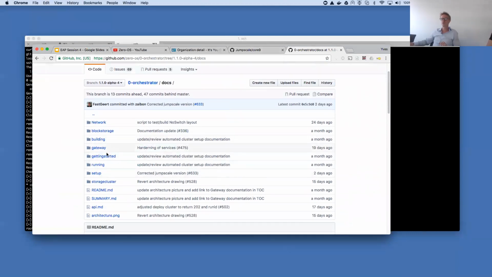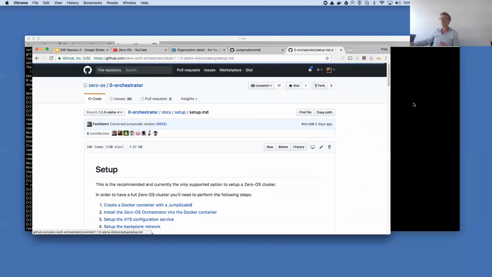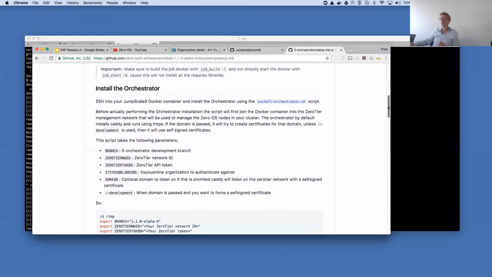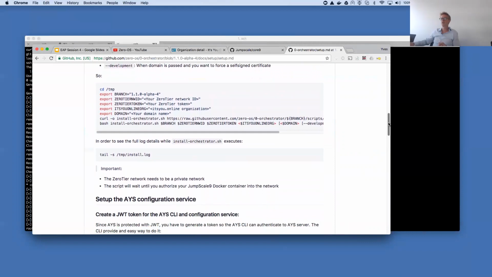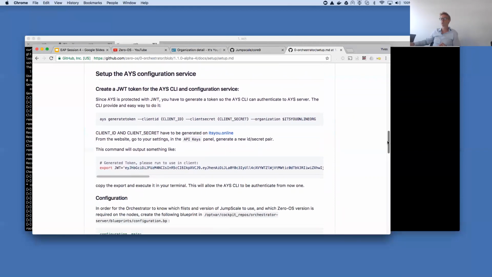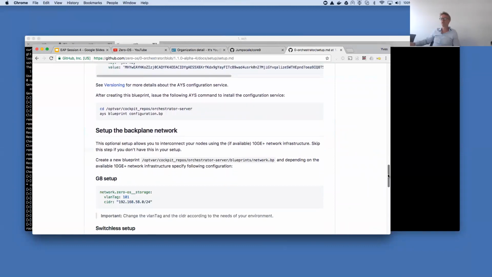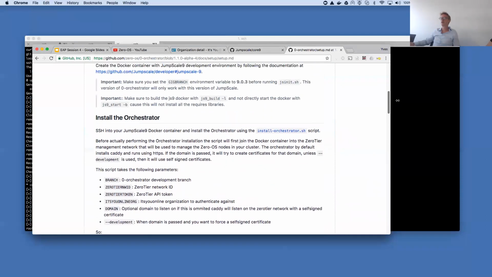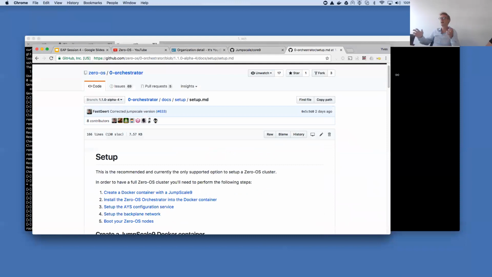So make sure that you go to the Alpha 4 branch, also for documentation, go to Setup, and there you have the setup documentation, which is the one which is correct today. So this is really up to date to what you need to do. Everything has been reviewed and should work. And I will make sure that whenever we change one of the branches as the new mix, probably we